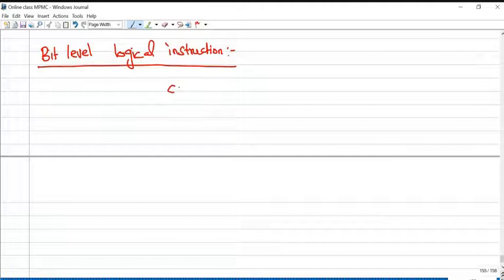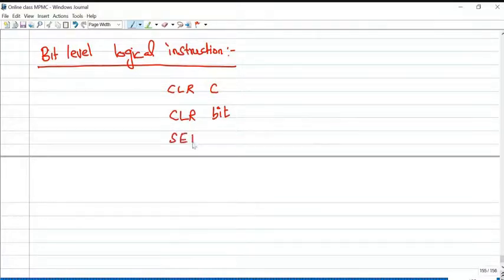To clear a particular bit, the instruction is CLR. Please remember, CLR C means the carry flag will be cleared, or we can clear a particular bit position. CLR P1.0 means the port 1 bit 0 will be cleared.